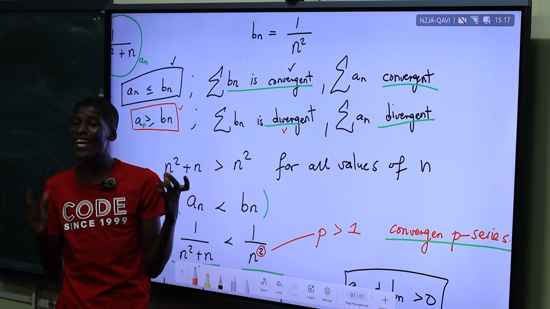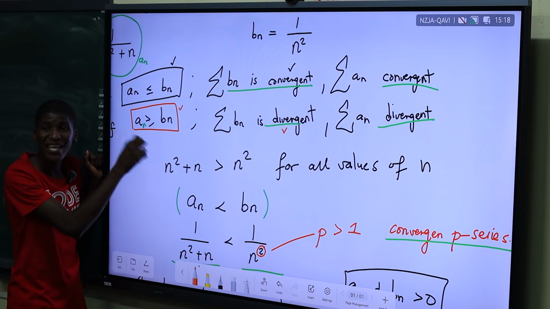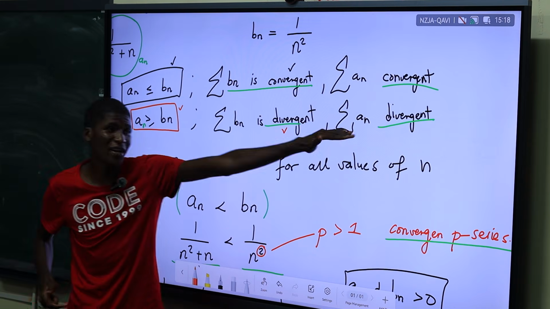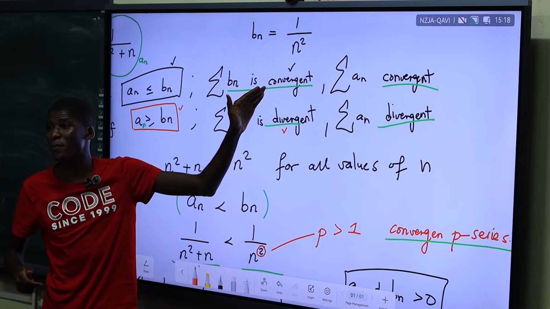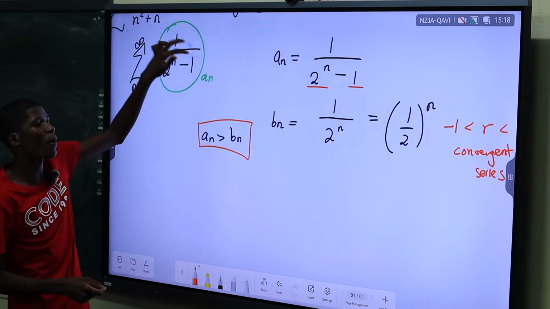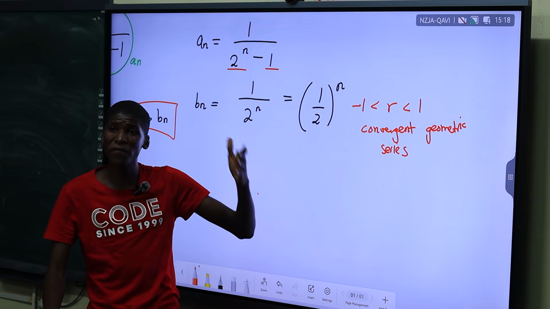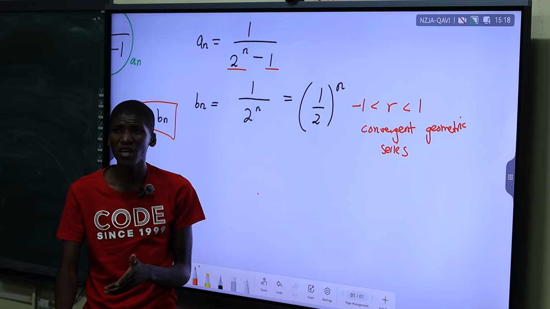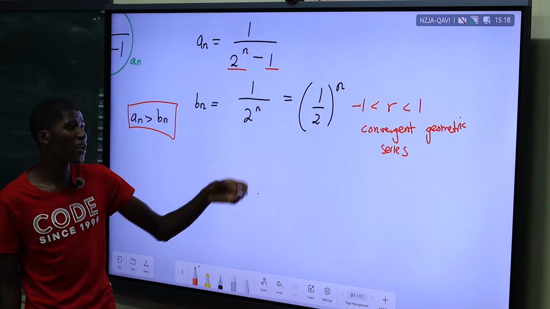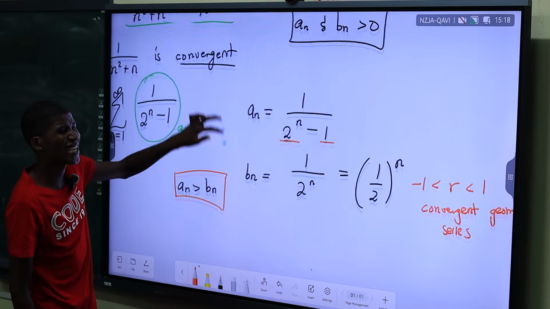Therefore it is very sensitive. You check whether both conditions are met. The first condition is met: an is greater than bn. Now, what condition must be met? One of these must be divergent, then the other one automatically diverges. Here, you took your bn and saw that it's a geometric series with a ratio of 1 over 2, indicating that it's a convergent geometric series. So if it's a convergent geometric series, you cannot say it's divergent. So you cannot continue with the comparison test.